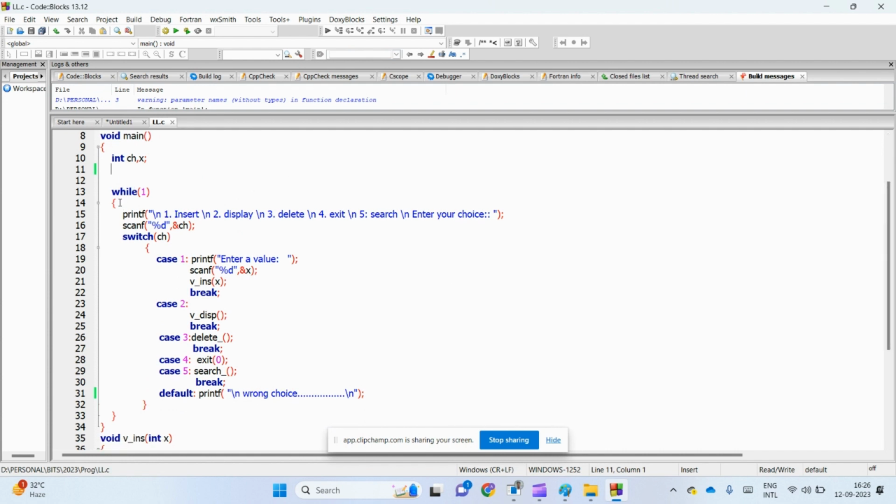While one, I am going to call all these things. So by this, we can call any method at any point of time. In case one, enter a value, and here we are going to write the insert function named as v insert. There is v display, value display, then delete, and then